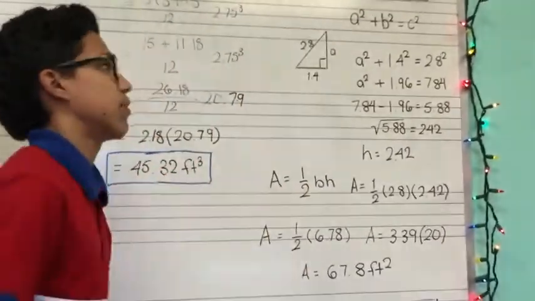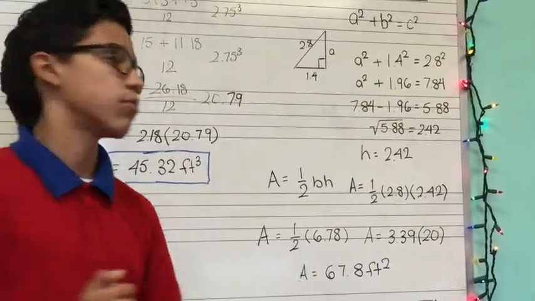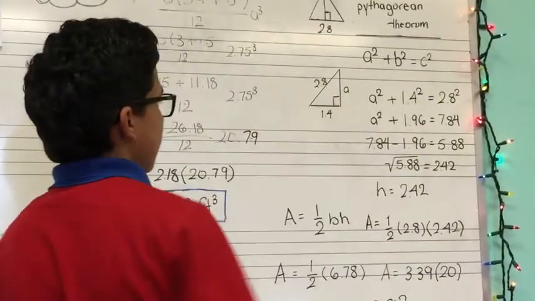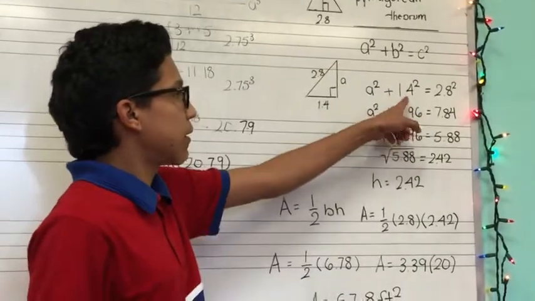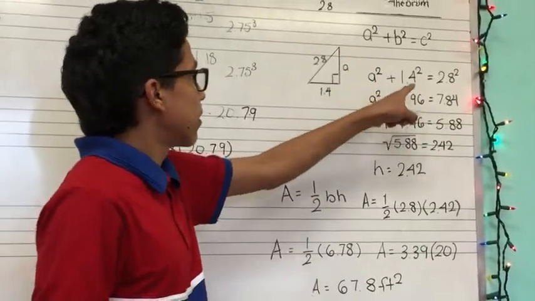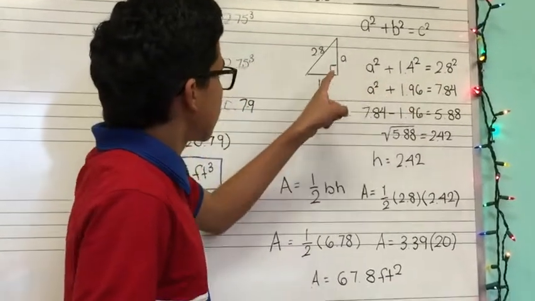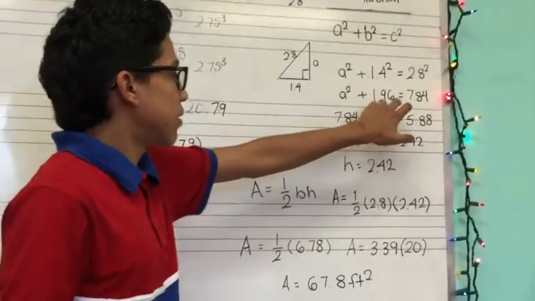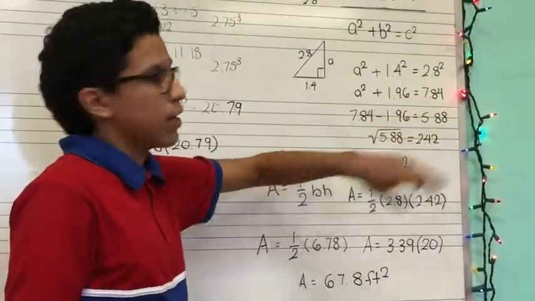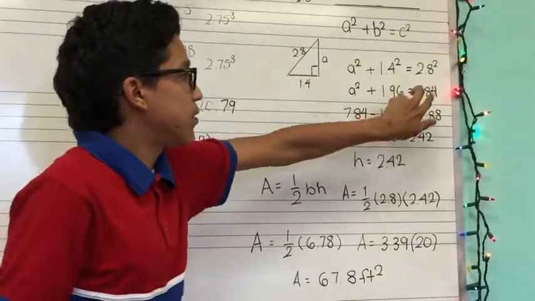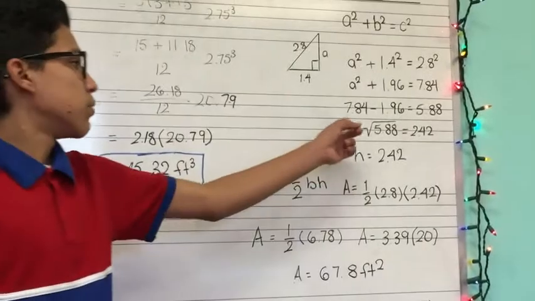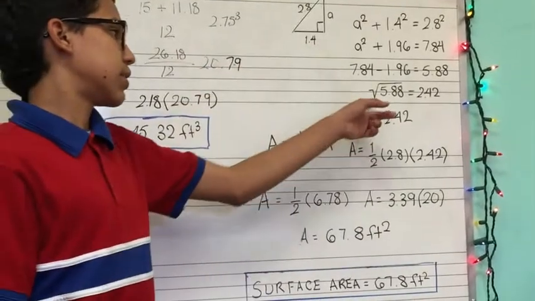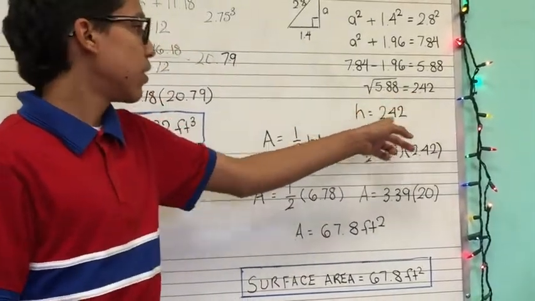Using the Pythagorean theorem, the formula is a squared plus b squared equals c squared. All that's missing is a. So we just plug in the other numbers and leave a blank, and it's 1.4 squared and 2.8 squared, and in this case 2.8 is c and 1.4 is b. Then we square each to get 1.96 and 7.84. Once we have the 2 values that are already squared, we subtract them: 7.84 minus 1.96 equals 5.88. Then you take the square root of that, and that gives you your height,